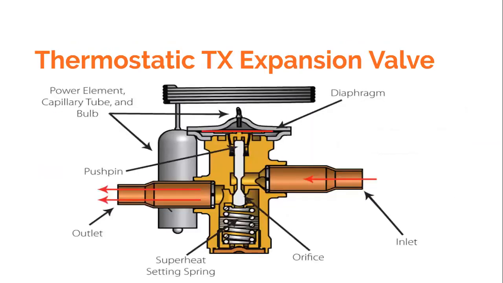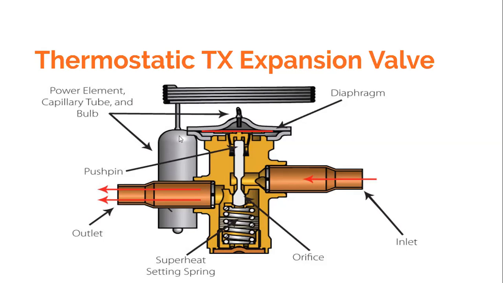The third important valve, which is widely used in refrigeration and air conditioning systems, is called a thermostatic expansion valve. It is also called a TX expansion valve. Now, what is this valve and how is it different from the automatic expansion valve? The thermostatic expansion valve is similar to the automatic expansion valve, with a difference in construction that comes from the use of a bulb, and that bulb is filled with a working fluid, also called a power fluid. It could be the same fluid as the refrigerant used in the system, or it could be some other fluid.